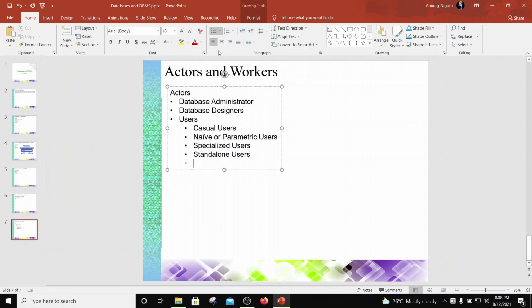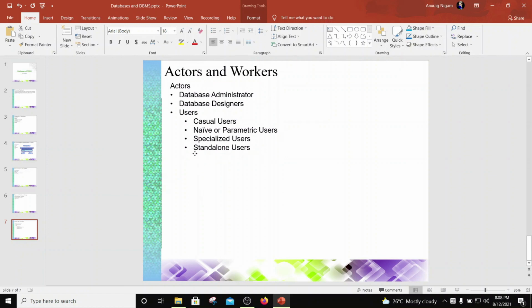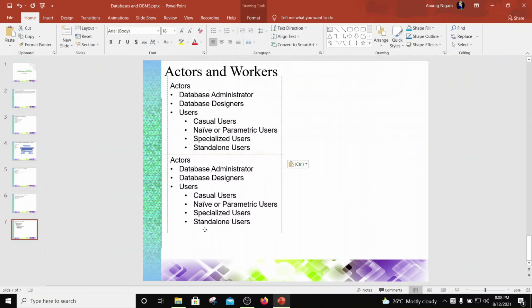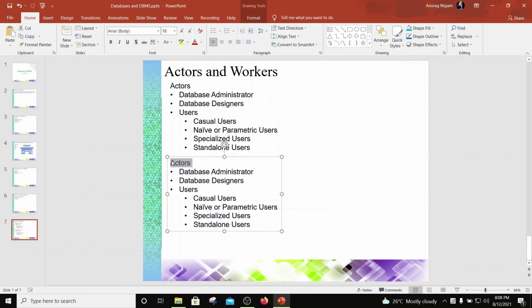Now, besides this, there are workers. So who are these workers? So let's try to see who are the workers. Okay, workers are the people who have nothing to do with the data which is stored, but they are required for maintaining it. Like for example, there may be people who may be working with servers using some scripts, right? So there are people who